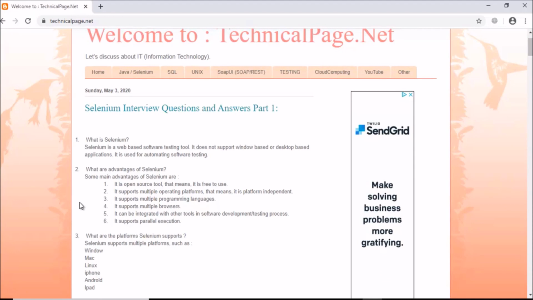Third point is it supports multiple programming languages. Fourth point is it supports multiple browsers. Fifth benefit is it can be integrated with other tools in the software development or software testing process. Sixth point is it supports parallel execution.